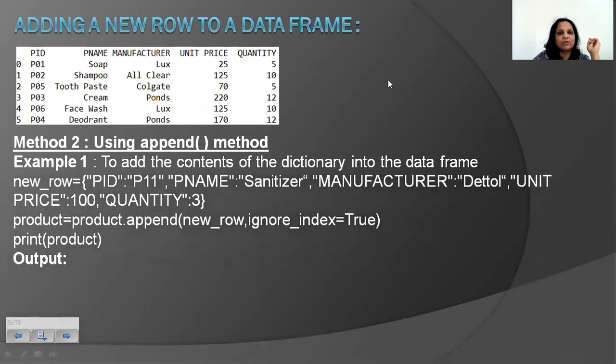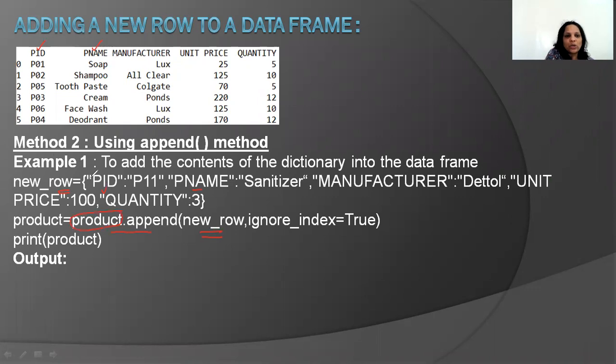For example, if you see here, I have created a dictionary named new row, and the keys are PID, which matches with PID here, PNAME, which matches with PNAME, manufacturer, unit price, and quantity. Now, when I say product.append, this is the dictionary that I want to append to my existing data frame named product.